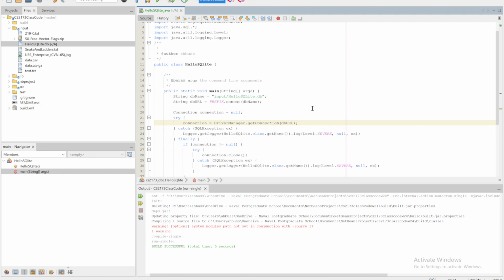It says if we get a connection and I'm looking for a file, if the file doesn't exist, then it will create it, and if it does exist and it's a database, then it'll hook up to it. Now, of course, if we try to point to something that's not an SQLite database, then we'll get lots of errors. Okay, so that is